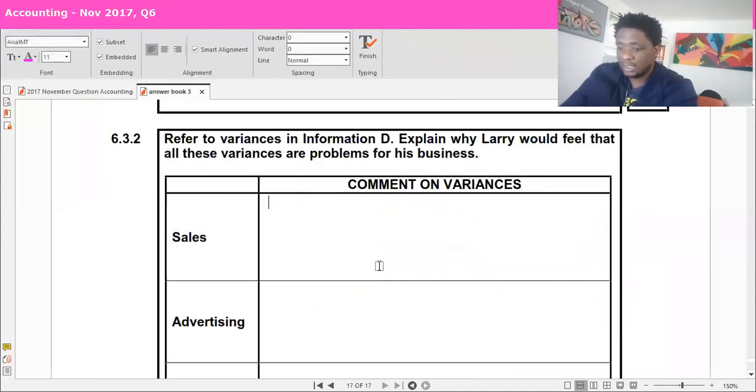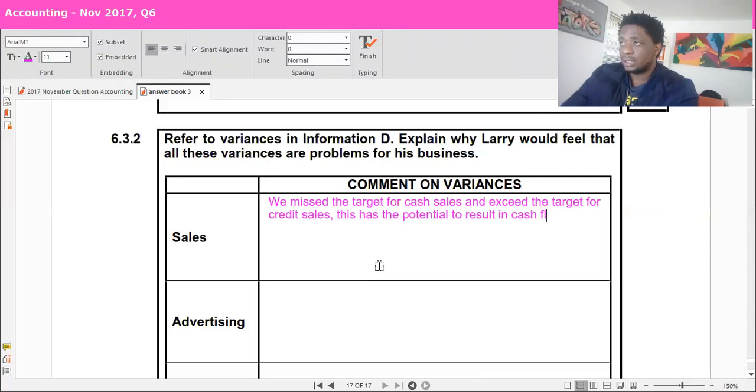We missed the target for cash sales and exceeded the target for credit sales. This has the potential to result in cash flow problems. Remember, guys, that when you do a cash budget, for example,